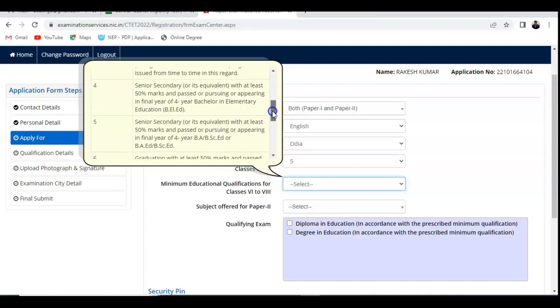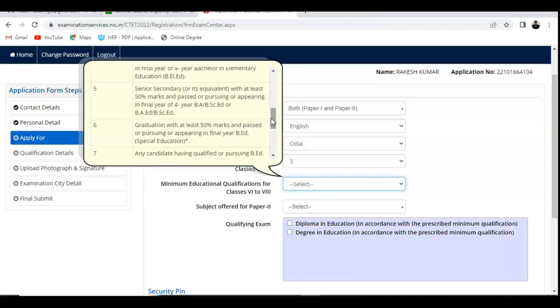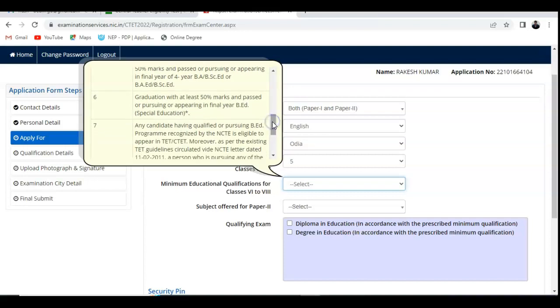Those who have a 4-year Bachelor of Education, they can do it. Just check out here which option you are appropriate for according to your B.Ed course. Then option 5, those who have completed a 4-year integrated BSc B.Ed, that is for them. Then the 6th option, graduation with at least 50% marks and passed or pursuing or appearing in the final year of B.Ed